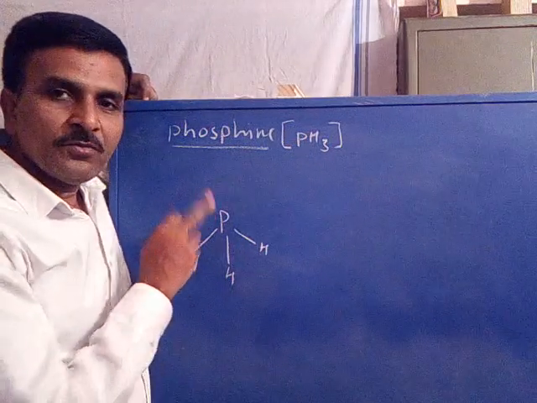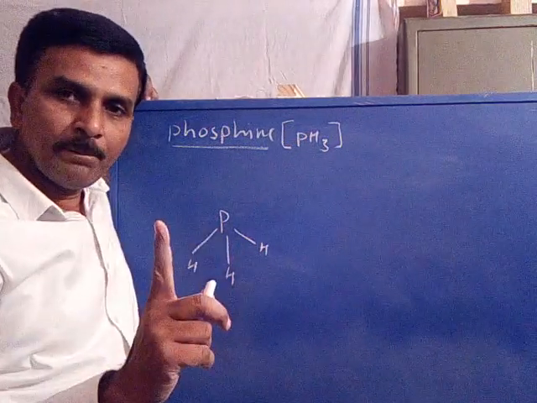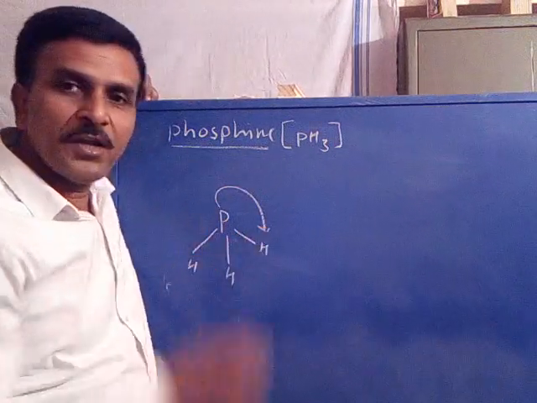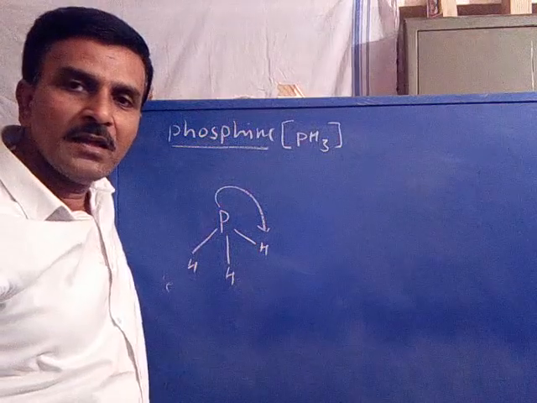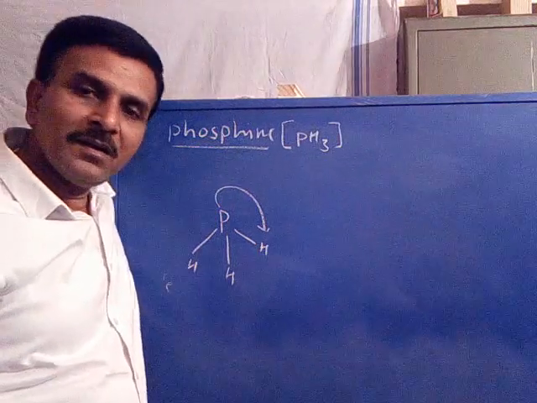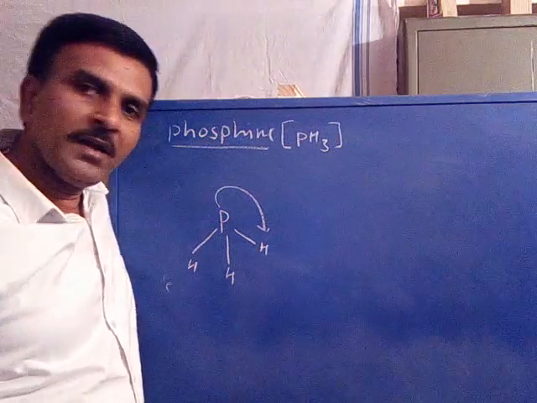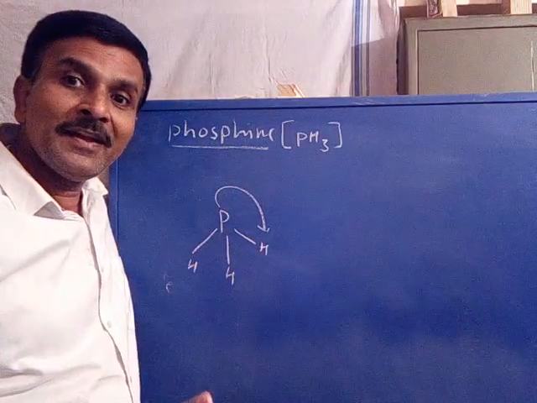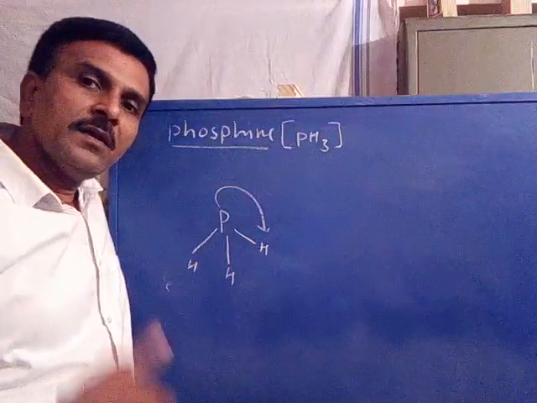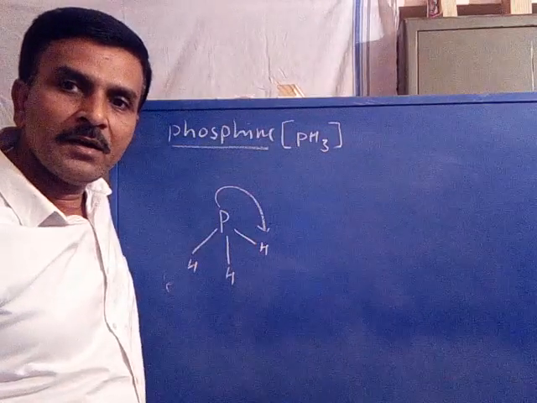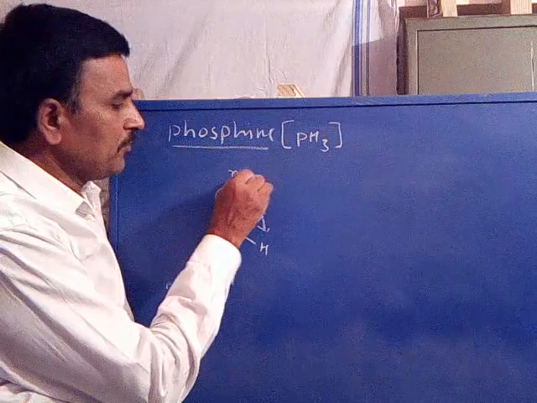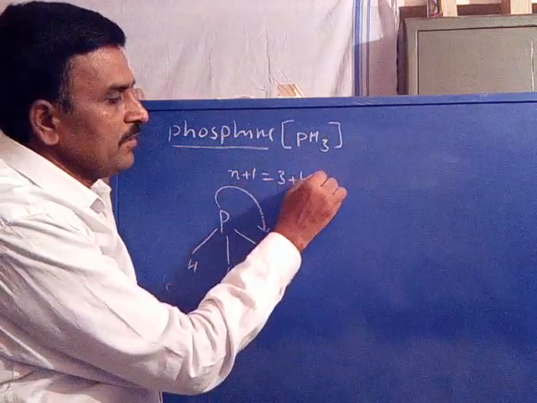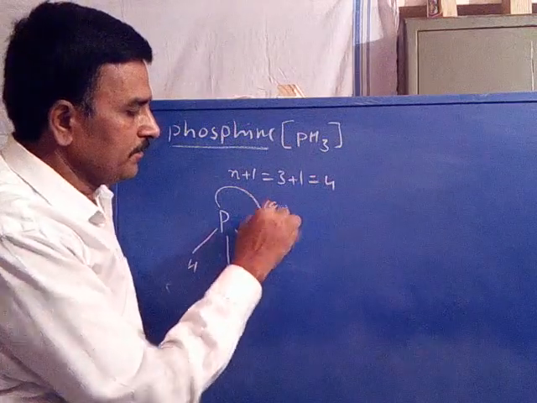Here, one phosphorus is there, one signal appears. Now the phosphorus is coupled with hydrogen nuclei. How many hydrogens are there? 3 hydrogens. Are all the 3 hydrogens equivalent or non-equivalent? Equivalent. So the phosphorus is coupled with one set of equivalent hydrogens. So in that case, the signal multiplicity will be according to n plus 1. n plus 1 is equal to coupling with 3 protons, 3 plus 1 is equal to 4. That is a quartet. Is it clear?